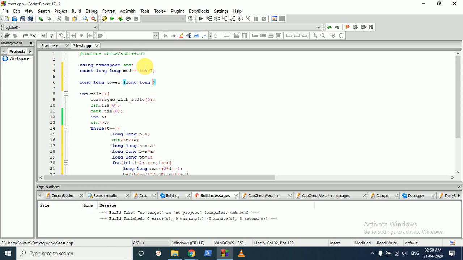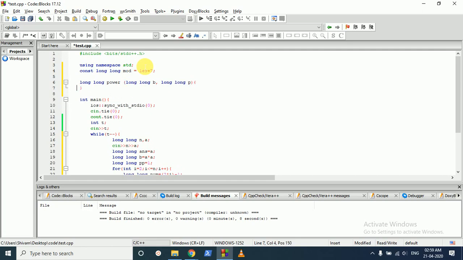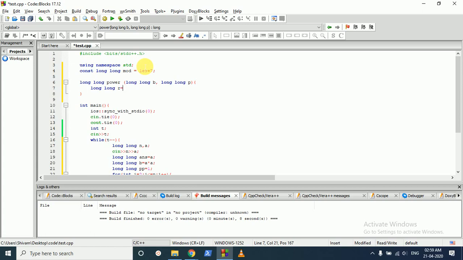We are inputting b to the power of p. I hope you know how to write this power function. So we take a variable r, do a for loop while p,